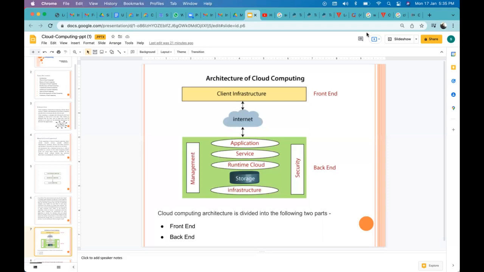Now this is about the front end, so we'll see the back end. The back end is used by the service provider. It manages all the resources that are required to provide cloud computing services.